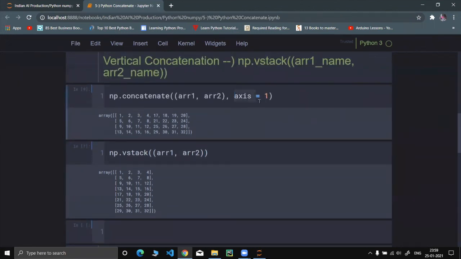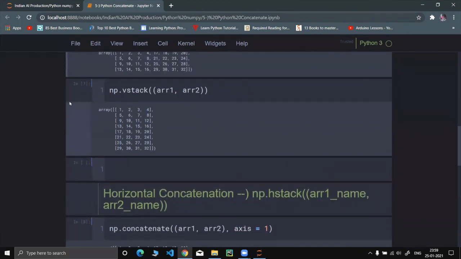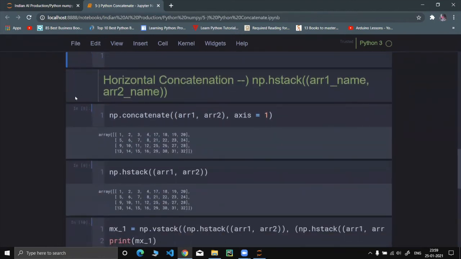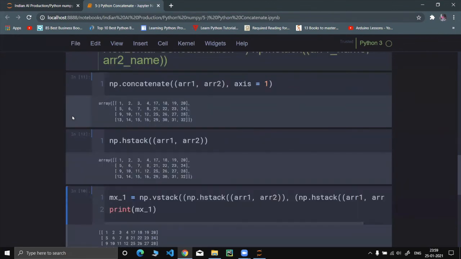The difference is we don't need to define the axis value over here, and it will concatenate accordingly. And there's also hstack, the horizontal function. So using the concatenate function we can do it, and using hstack also we can do it.